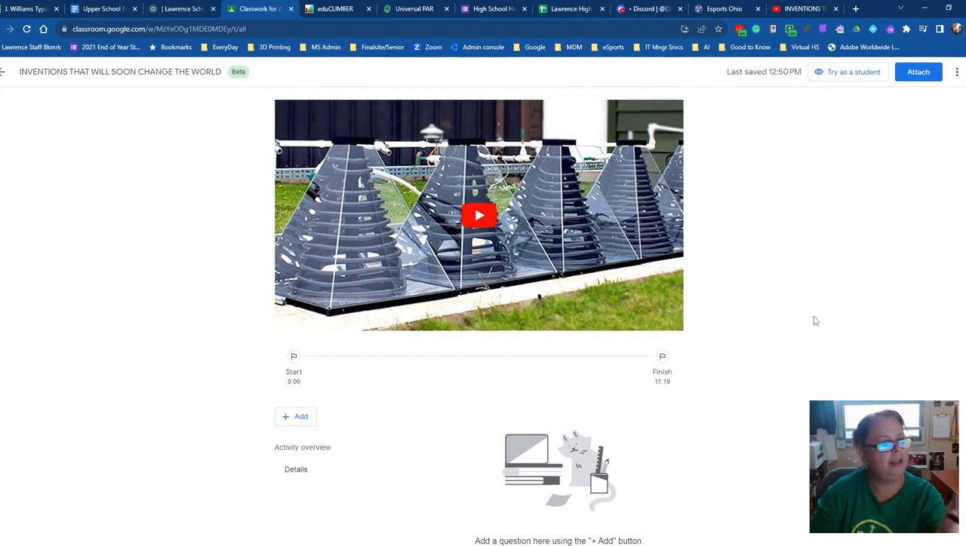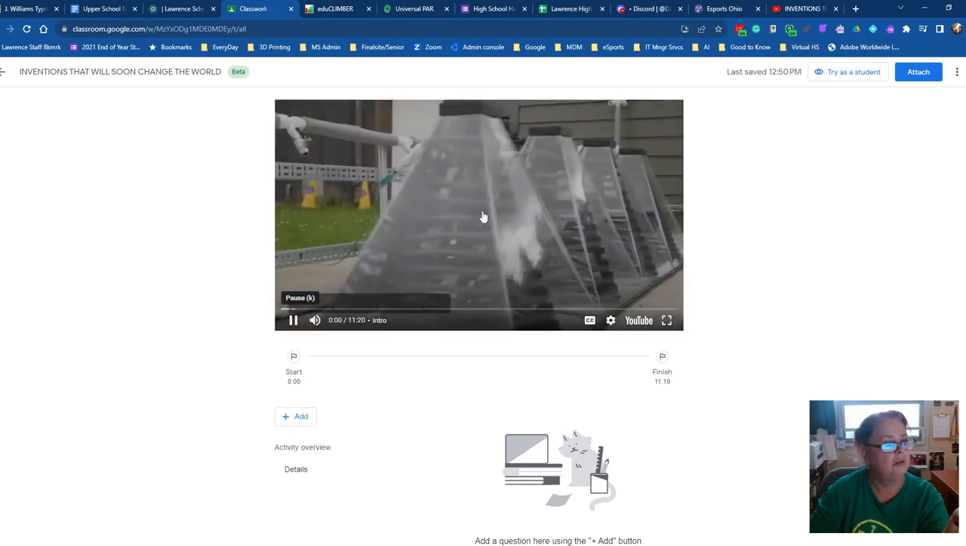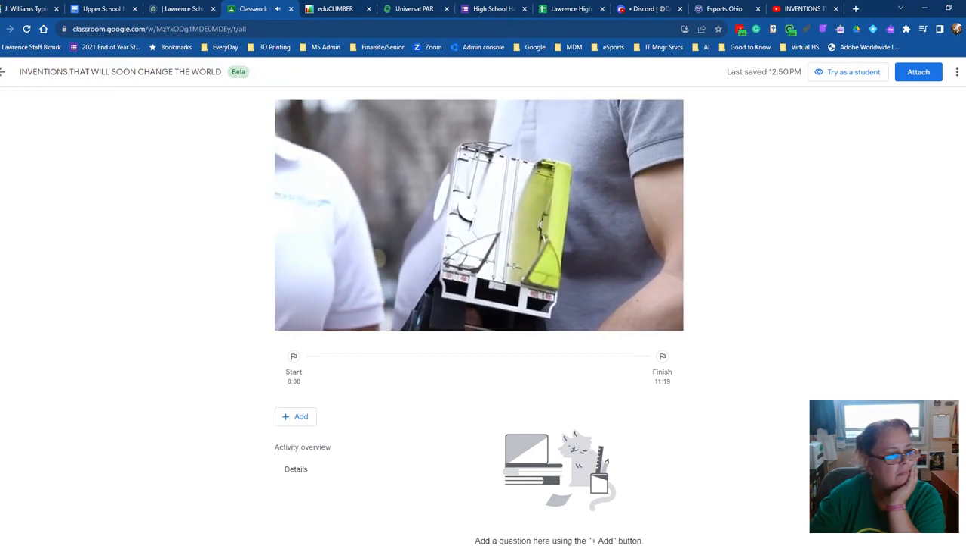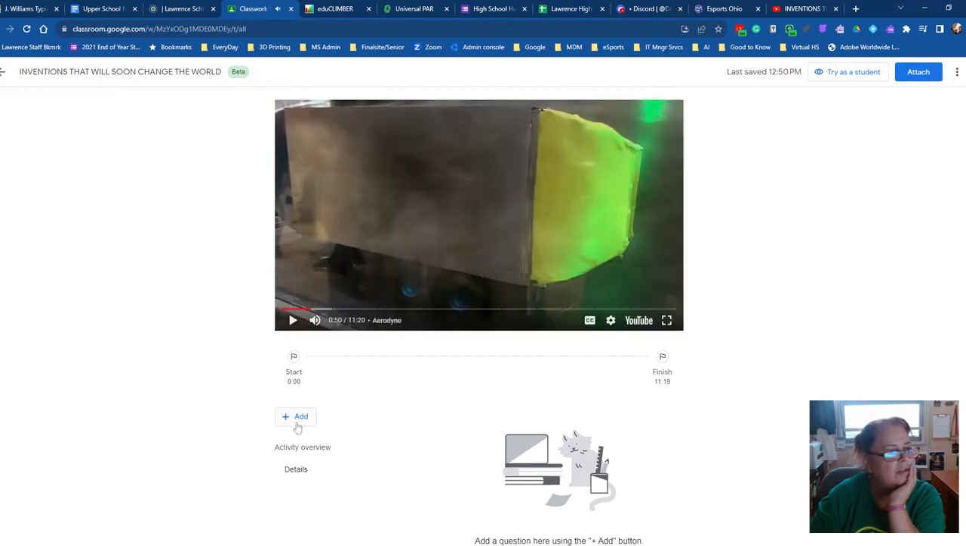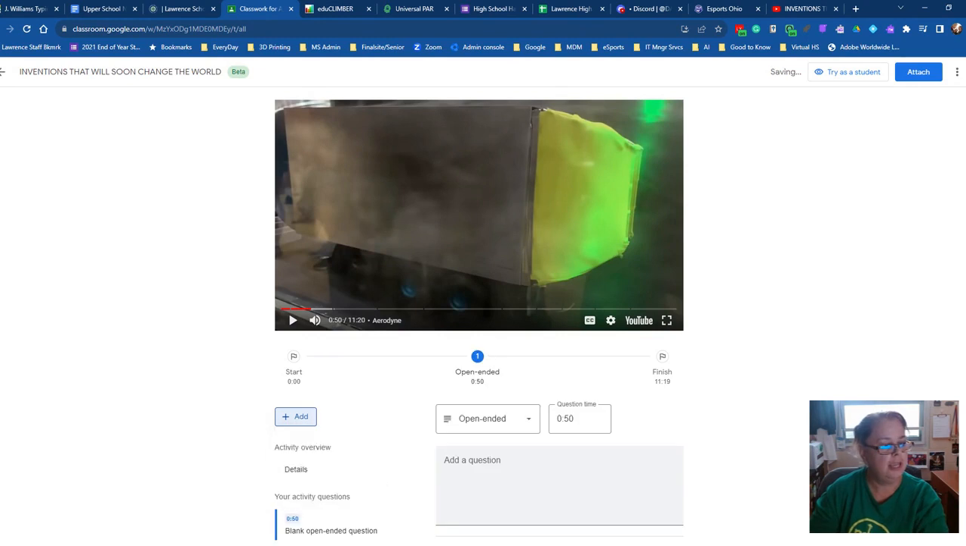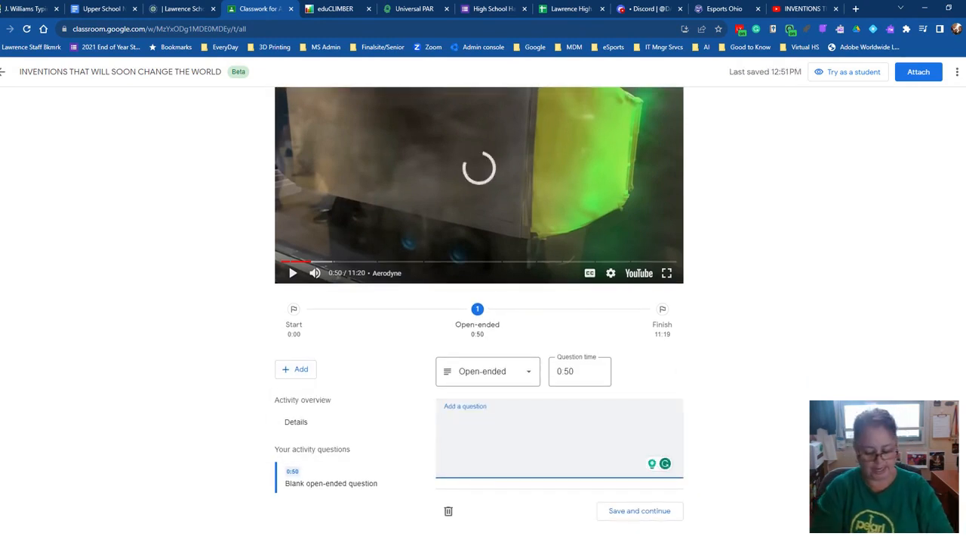And then it's going to show up on this page where I could add some questions while I'm watching it. So I'm going to watch the video. So I'm going to add a question here, and I could add a multiple choice question, check boxes, or open-ended questions. And I could ask a question right here like, why would changing